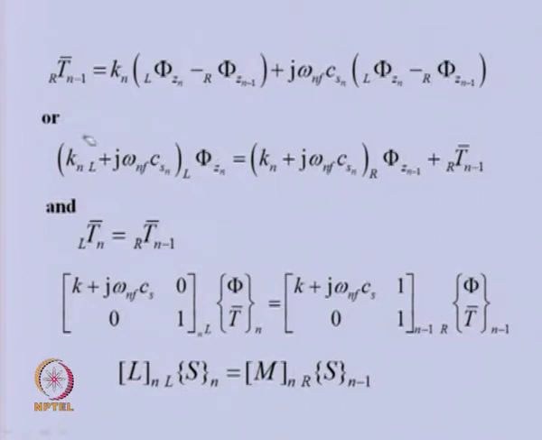This particular equation we can again separate. You can see here we are keeping all the terms which are on the left side of the disk, and on this side we are keeping all the terms which are on the right side of the disk, so that we can write a transfer matrix for such field variables. Here also you can see left side and right side. So, these two equations, the first equation and second equation, we can combine in this form.